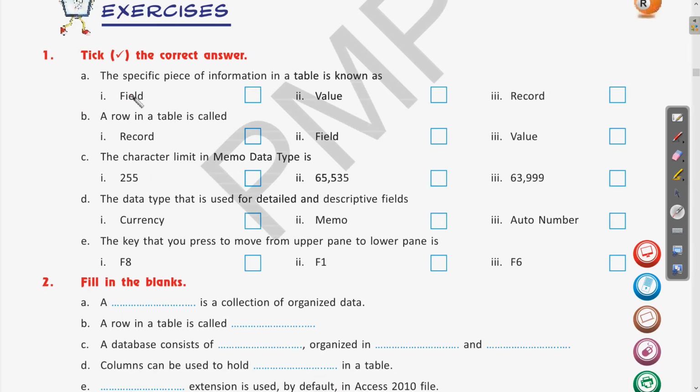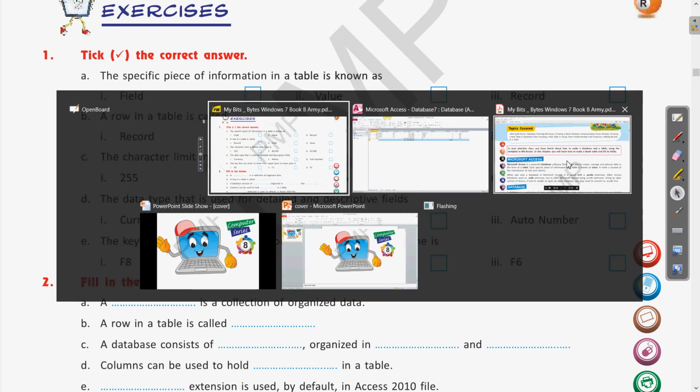The first question is, the specific piece of information in a table is known as. If you want to check the answer, you can check it from the book also. Let us come to the initial part of the chapter.